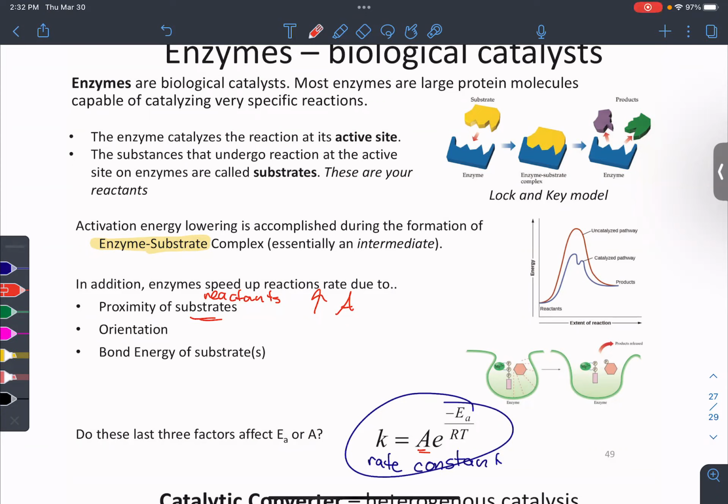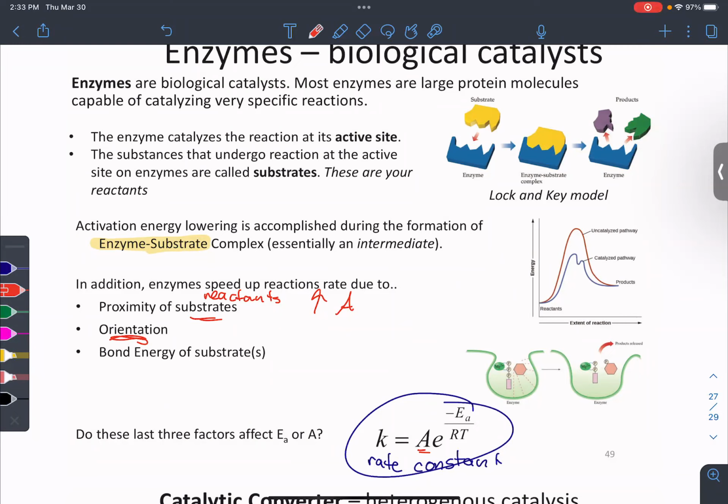Also, what an enzyme does is bring your two reactants together, but orient them in the right way to make a proper collision that leads to a product. So it's not just bringing the two reactants together, but bringing them together to make a good collision that will lead us to a product. So again, Mike Tyson and the two pigeons, bringing them together not butt to butt but face to face, so that they kiss each other and make a product. That makes sense? Or is that too much? I laughed at that probably for too long.